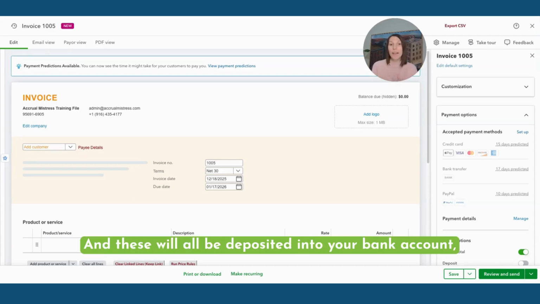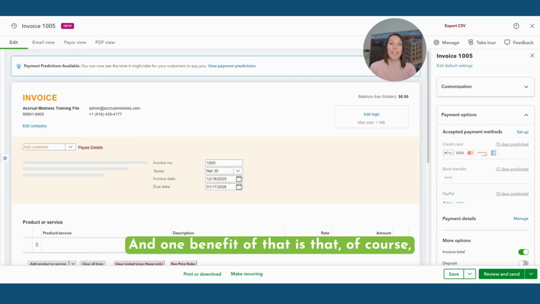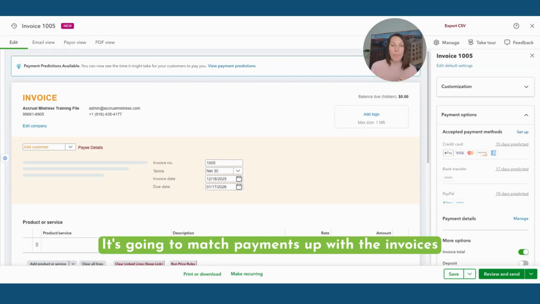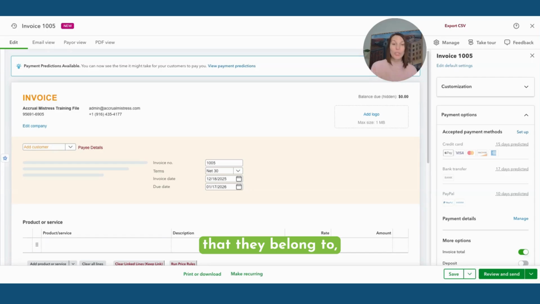And these will all be deposited into your bank account, same as if you had a different merchant processor. And one benefit of that is that, of course, since it is all being done through QuickBooks, that makes the whole accounts receivable process a bit easier. It's going to match payments up with the invoices that they belong to, and it's going to make that full